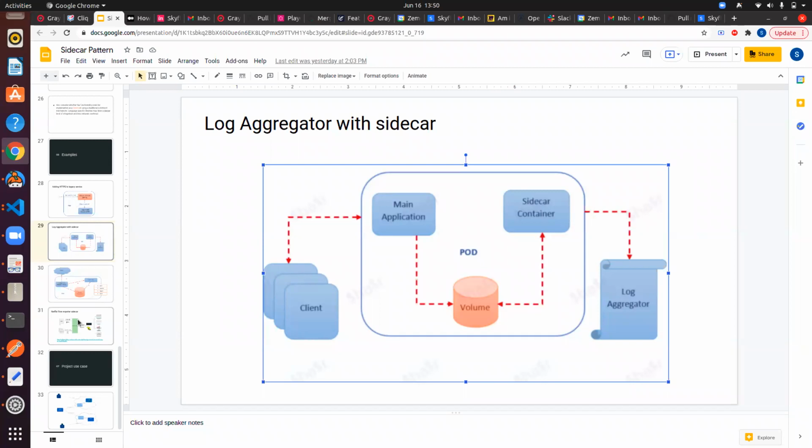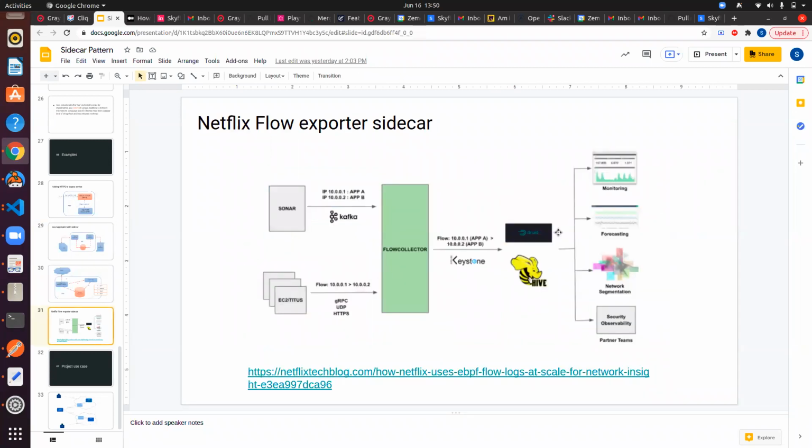Netflix is a good example. They pump all the network logs, or whatever logs, between microservices into different visualization tools. If you look at the Netflix blog I mentioned, it will give you more context on how they process the actual data and push it to the sidecar. And maybe there are more examples online if you search.